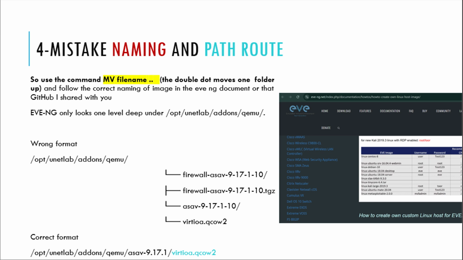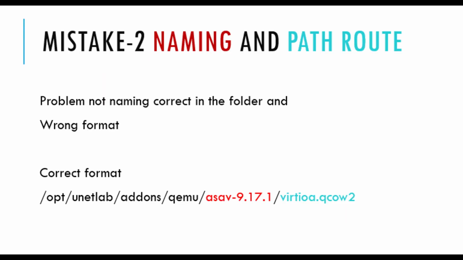Second, we need to have a correct naming. So the file you're downloading, for example, firewall, the images you're downloading, make sure you have a correct name for the firewall. So you can see the correct format is that I did the ASA 9.9.17.1 virtual qcow2. So this is the correct format,